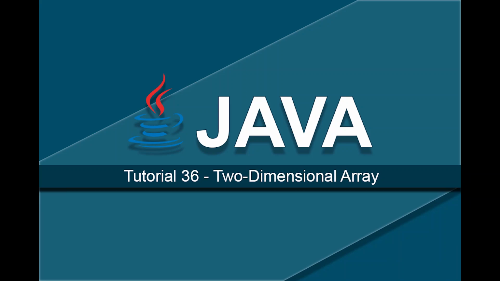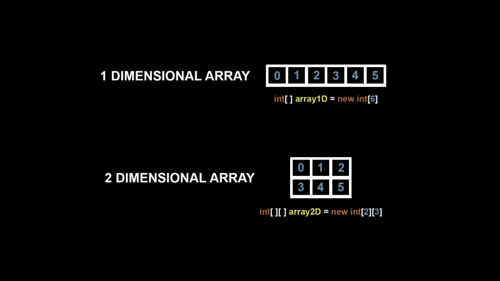In this video, we are going to discuss two-dimensional arrays. Previously, all arrays we have worked with have been one-dimensional. The difference between one-dimensional and two-dimensional arrays can be seen here. Notice a one-dimensional array consists of only one row of elements, whereas a two-dimensional array consists of multiple rows of